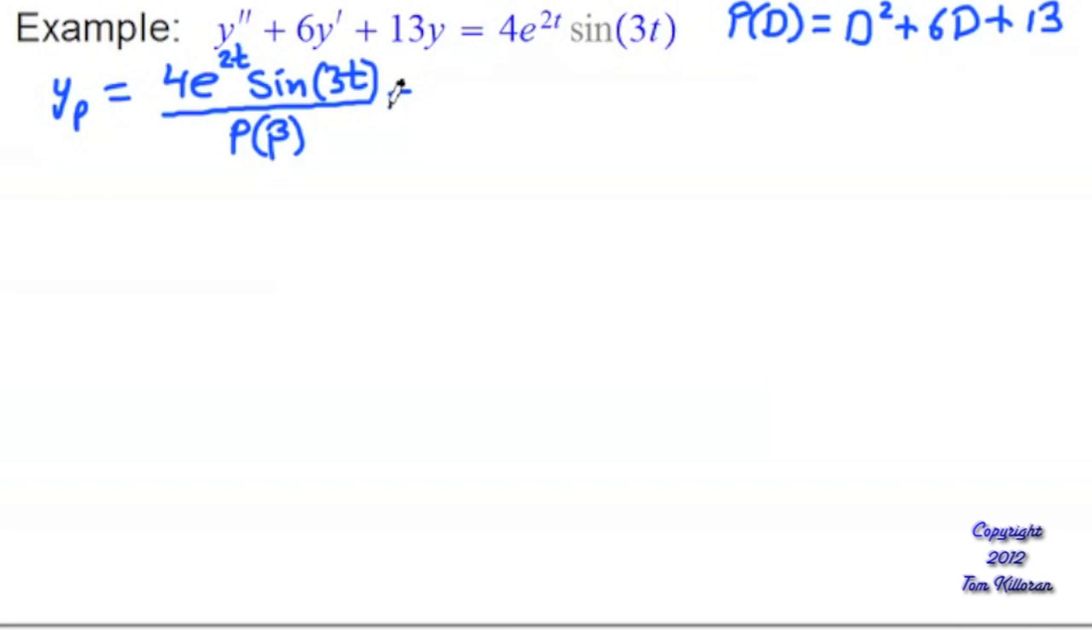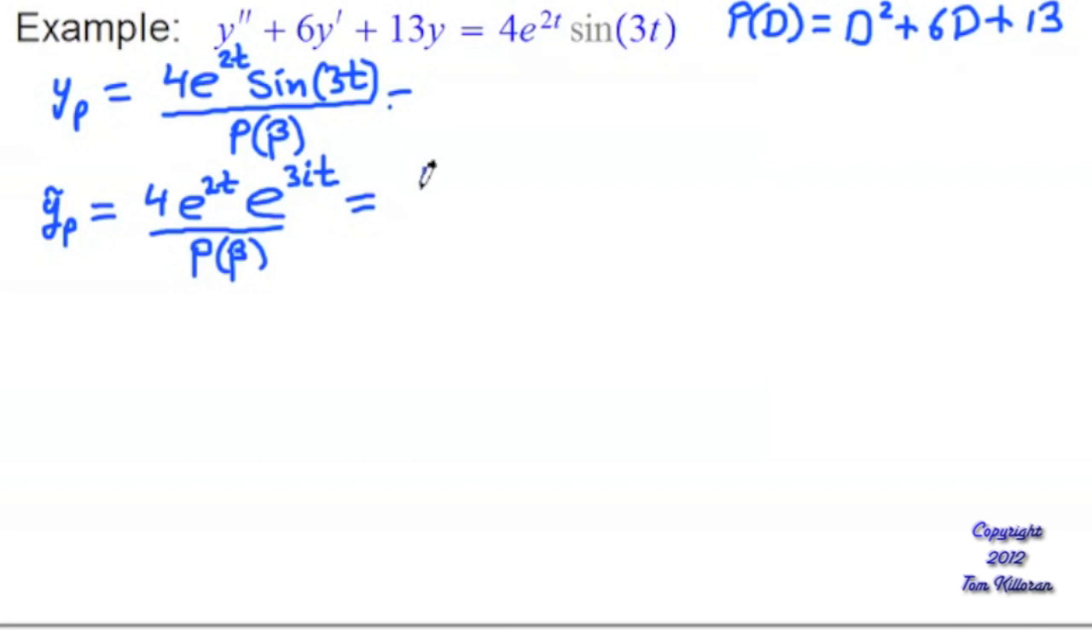So if I expand this out, we can't call it regular yp, so now we're talking about the complex one. It's going to be 4 e to the 2t. The sine of 3t is going to become e to the 3it, but of course remember this is actually cosine of 3t plus i sine of 3t. So that's why we're calling it this new y function over here. Alright, if we combine these, all over p of beta,